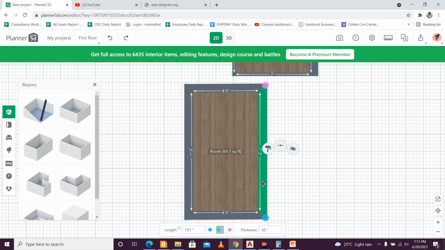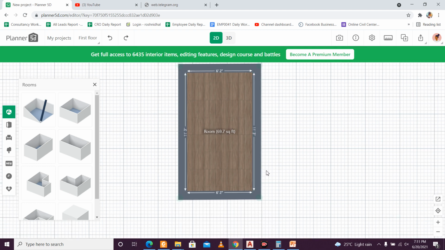So if it is showing 151, we just have to add 151 minus 135, which is 16 inches. So if we add 16 inches to 14 feet, it is 14 into 12 plus 16, which equals 184. You just click here and give 184.